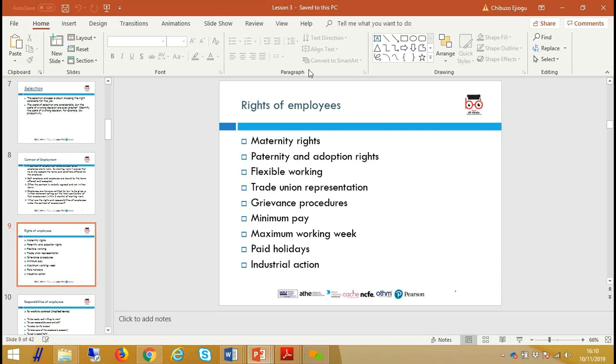So the right to request flexible working is a right in the UK. In some other countries in Europe, there is the right to actually have flexible working. In the UK, it's merely a right to request. You can request, the business will now consider whether there's a good business case and may decide to grant or not. For some countries, you don't even have a right to request flexible working. You don't have a right to adoption. But something like maternity rights is fairly widely universal, quite a universal right. But it will be different from country to country.